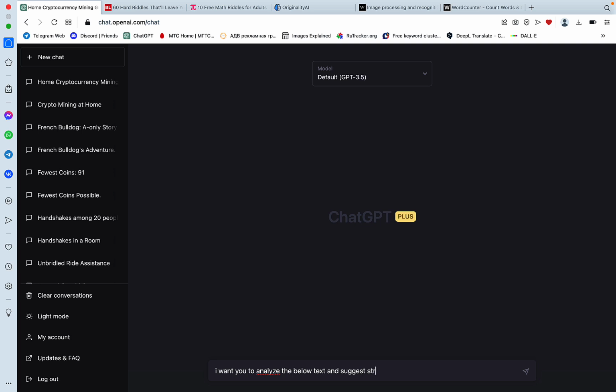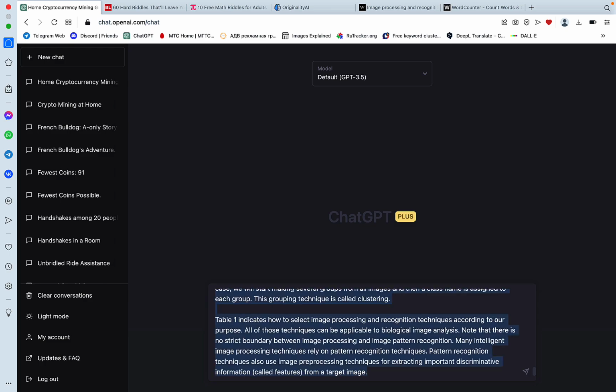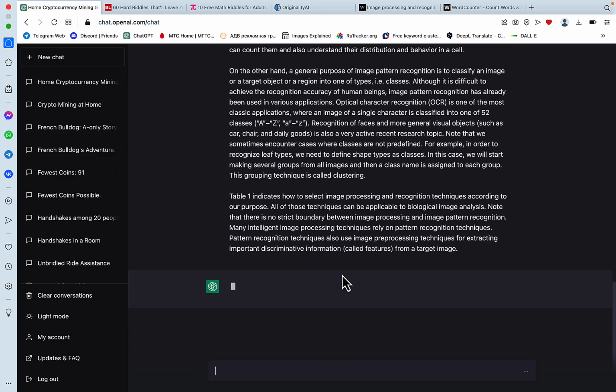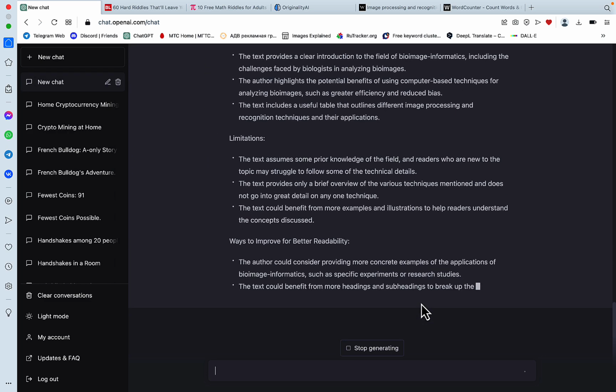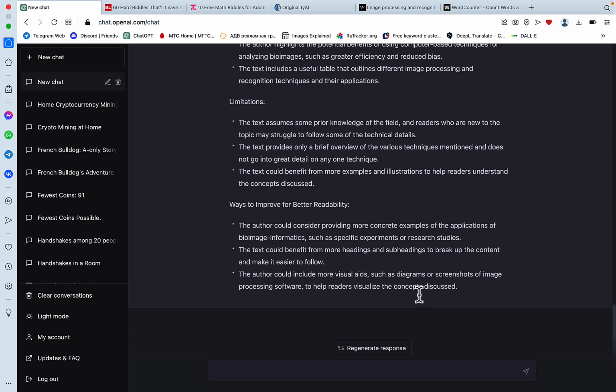suggest strong points, limitations, as well as ways to improve for better readability. So again, this is GPT 3.5. Strong points: the text provides a clear introduction, includes a useful table. Limitations: the text assumes some prior knowledge, could benefit from more examples. Ways to improve: